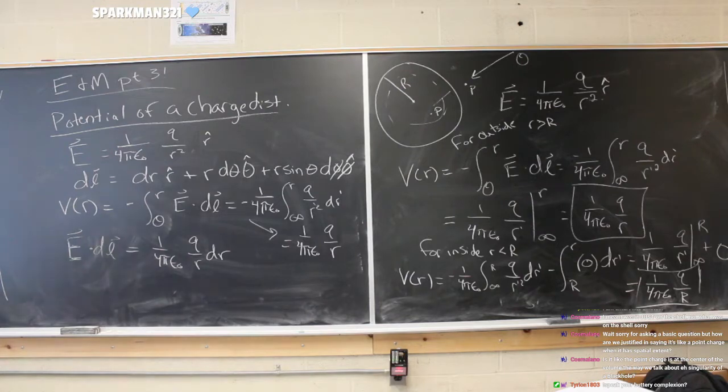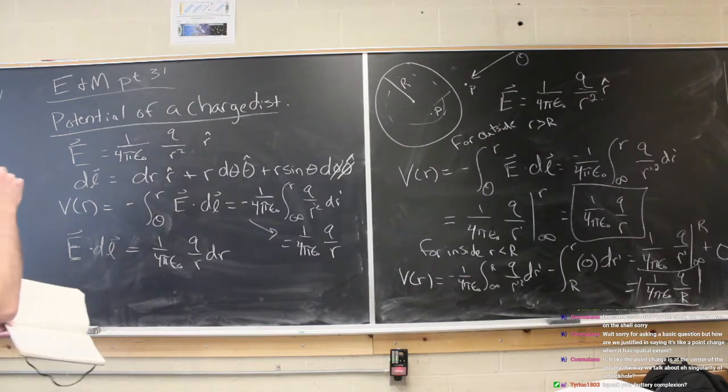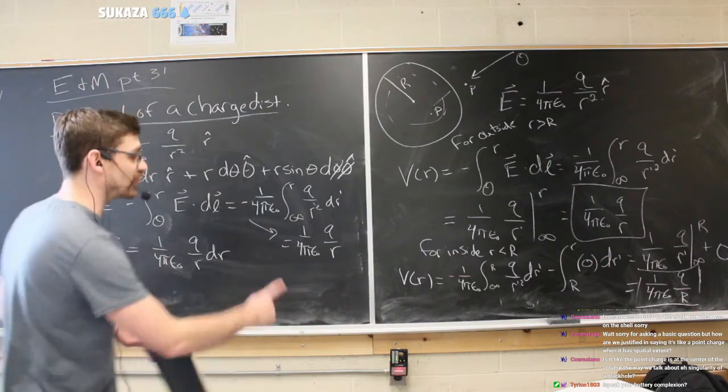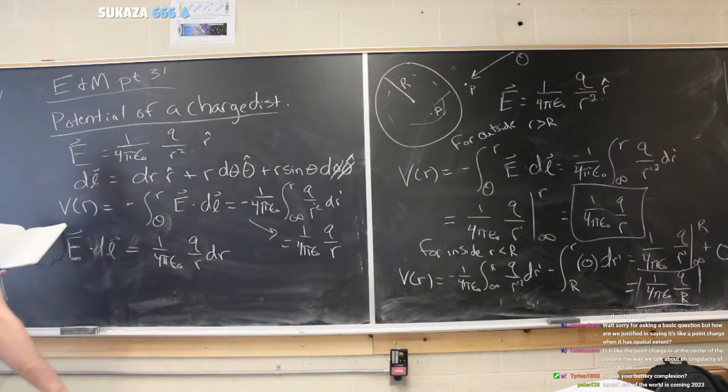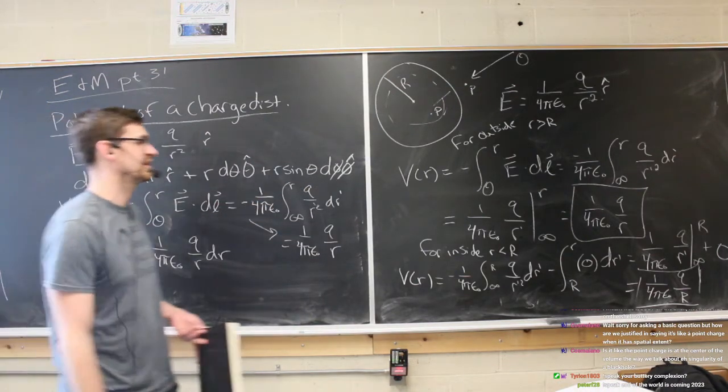So, all well and good. Now we have the potential due to a point. Okay, but that's not quite good enough, right? I told you we want to find the potential due to a point, and then we can extrapolate it into some surface charge density using integration. So let's think about that for a second.